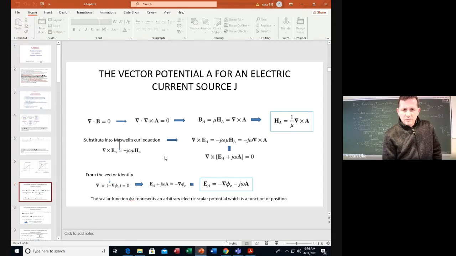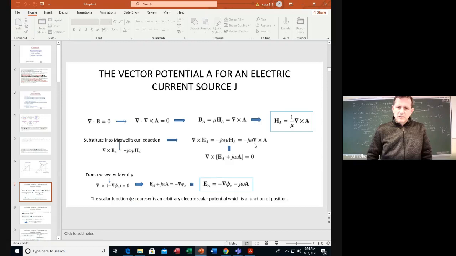Now, if we substitute this into Maxwell's curl equation, actually in this one here, we obtain an expression where the created electric field, because the H itself is related to a curl of A, and what we can observe is that we're going to get this term which is down here, and from this relation we can notice, as a final result, that we can rewrite the